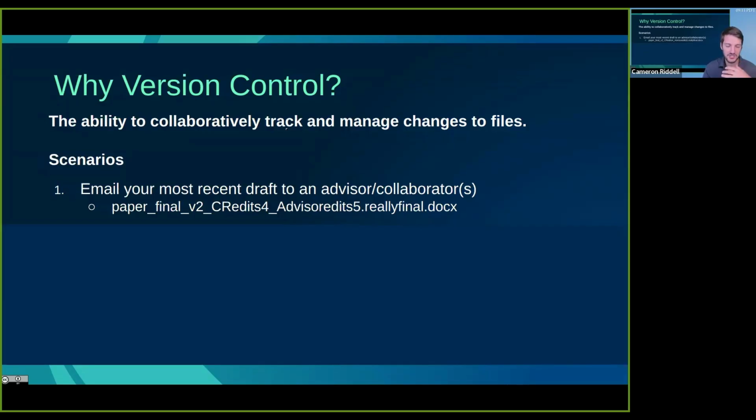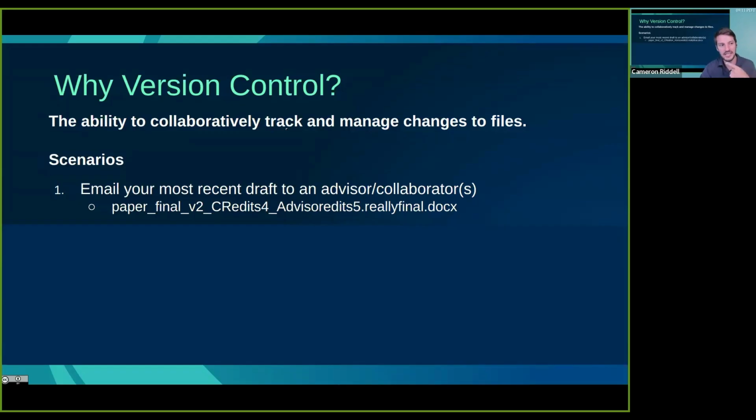And so let's imagine this particular scenario. We email our most recent draft of a paper we're working on to either an advisor or a collaborator. And when we email this draft, maybe we think they're not going to edit it too much. We're really close to publishing on this one. And so you have a beautiful title for your document in the attachment that you send. It's a Microsoft Word document, and it's titled paper_final.docx. That's a very bold title to send if you're just giving this to your advisor or collaborator for the first time. But what ends up happening is that your advisor or collaborators make edits to it, or they make suggestions